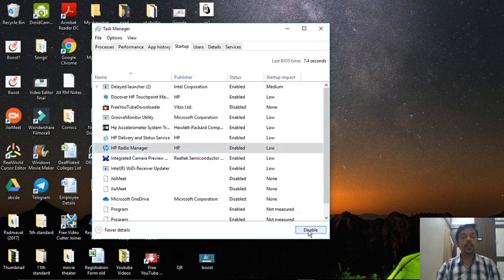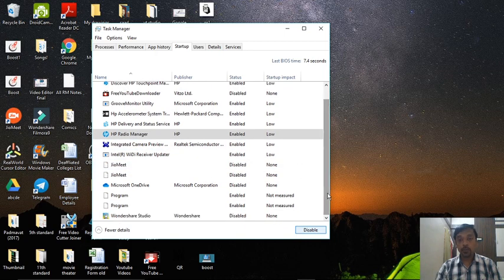That means you have to simply identify the programs which you would like to disable. You can note here, Free YouTube Downloader I have disabled. I have also disabled Google Meet programs. This way you have to disable all the programs which are not needed by you frequently. Again, a very important thing, don't disable your antivirus program. Suppose you have installed some antivirus in your computer, it will also be available in the startup. So please don't disable that, keep it as it is.